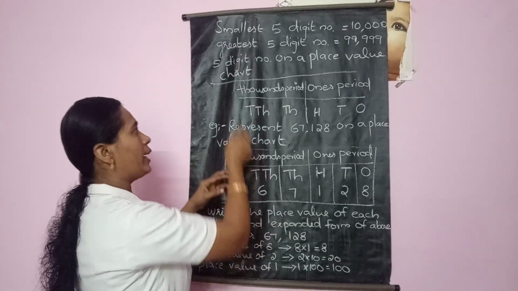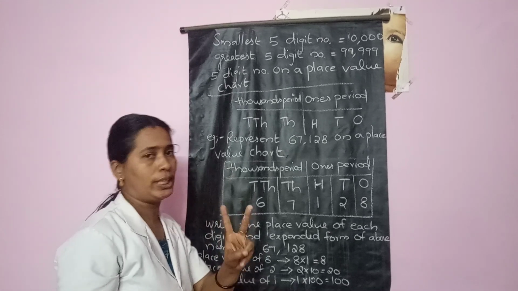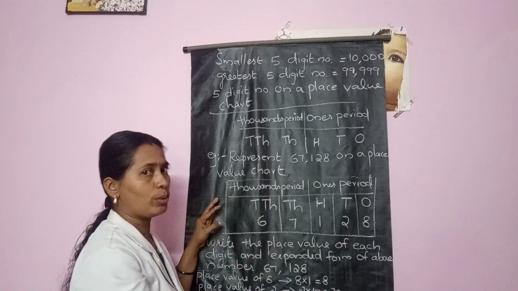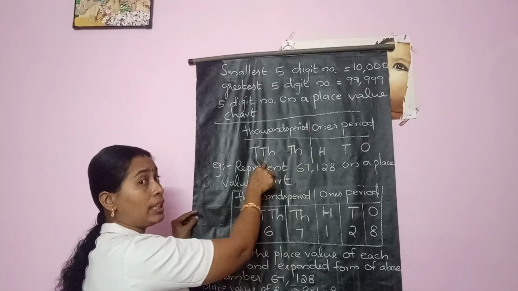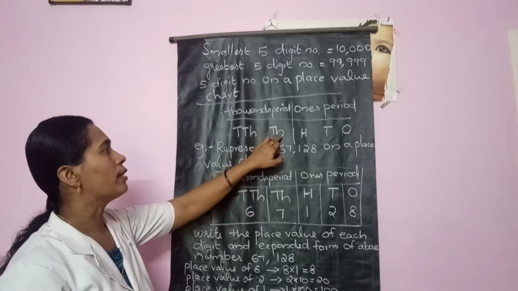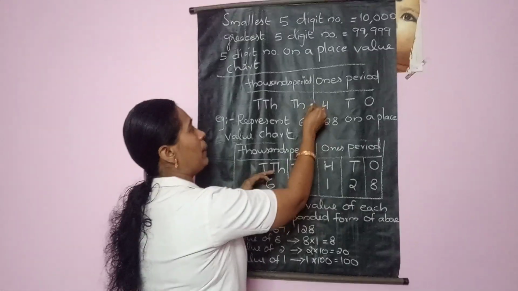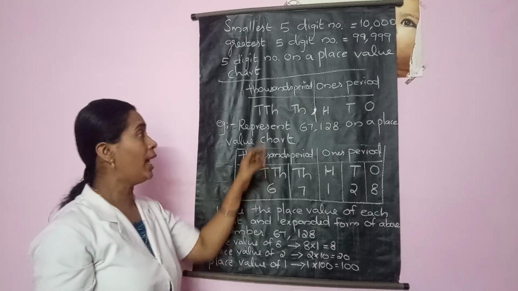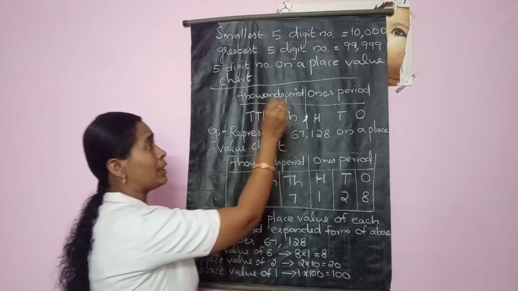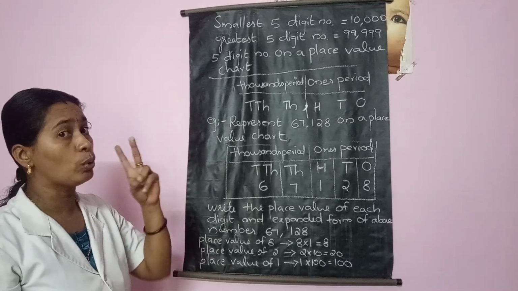Thousands period. And in thousands period, we can insert only 2 digits. One is thousands, that is TH. And this is 10,000. Okay. 1,000 and 10,000. And we will put comma in between these two. After each period, we will place a comma. So, first period only contains how many digits? 3. Remaining periods are all of 2 digits.